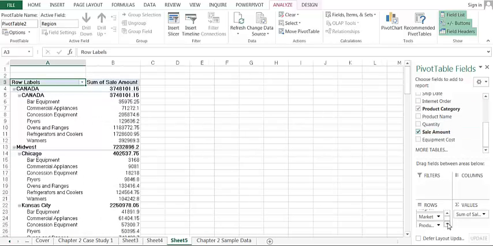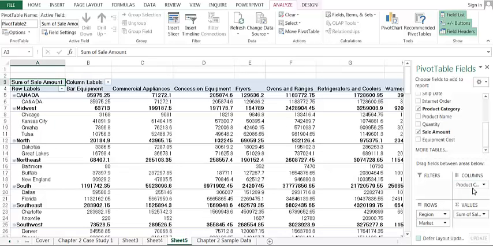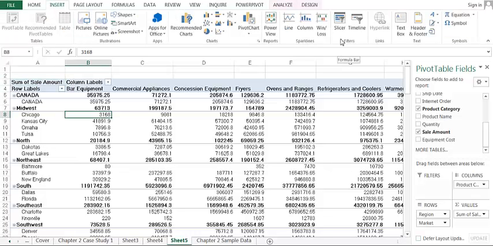Just so that we can look at the information in a little different manner, we're going to go down at the bottom. We're going to move product category over to the columns. Then we're going to start filtering. We're going to start slicing. We're going to click in our table. We're going to go up to Insert, Slicer,